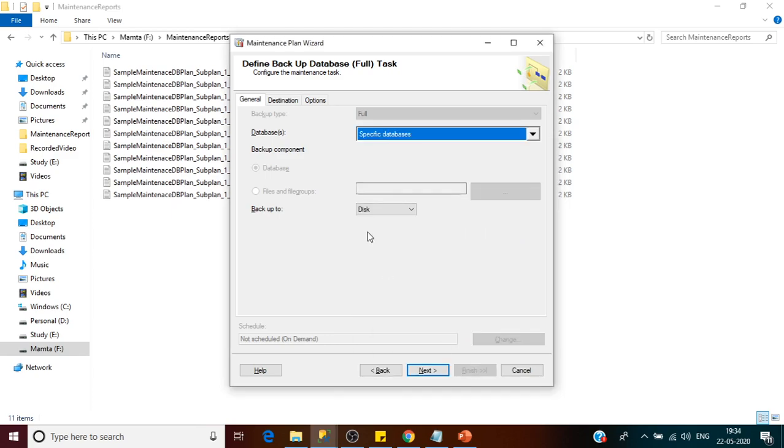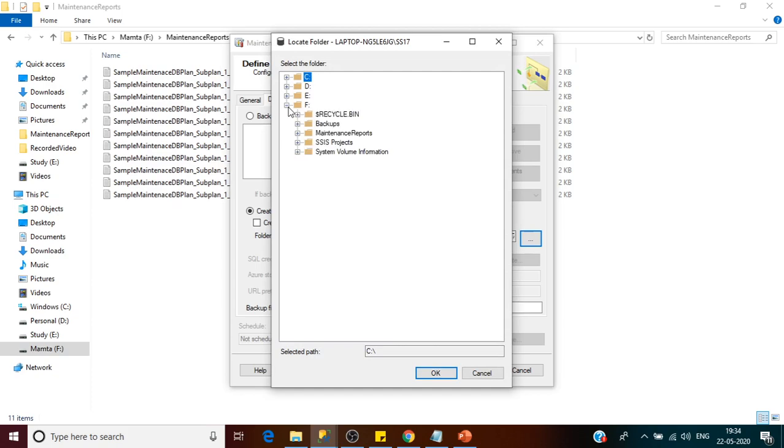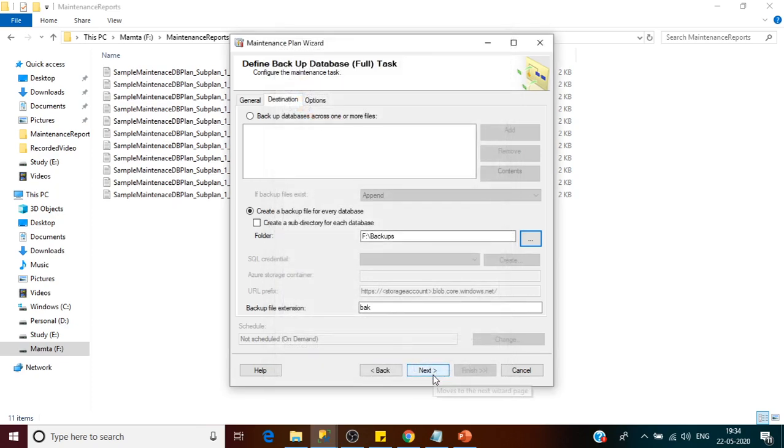Click on OK. Then it is asking for the destination. To which path do you want to save the backup file which is generated by the DB plan? So I have a folder here, backups. I wanted the backup file to be created in this folder. So click on OK, click on next.